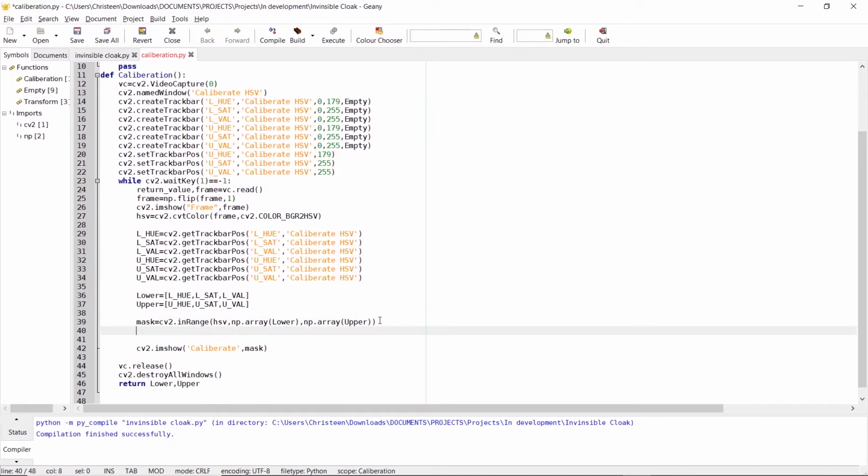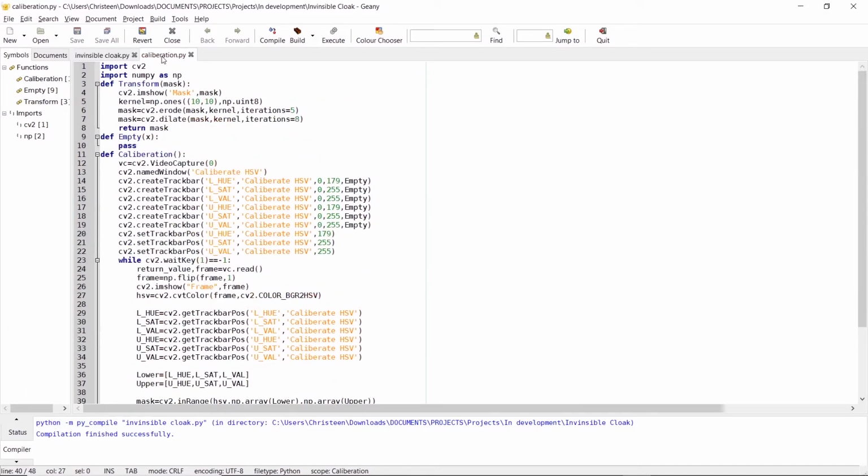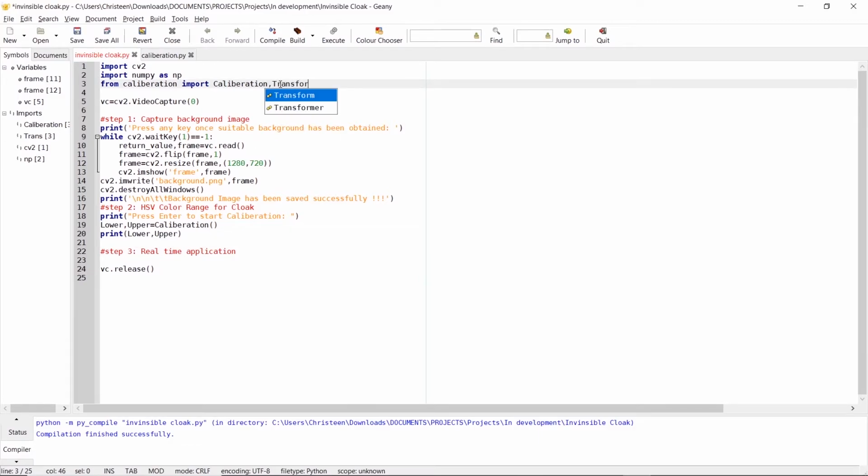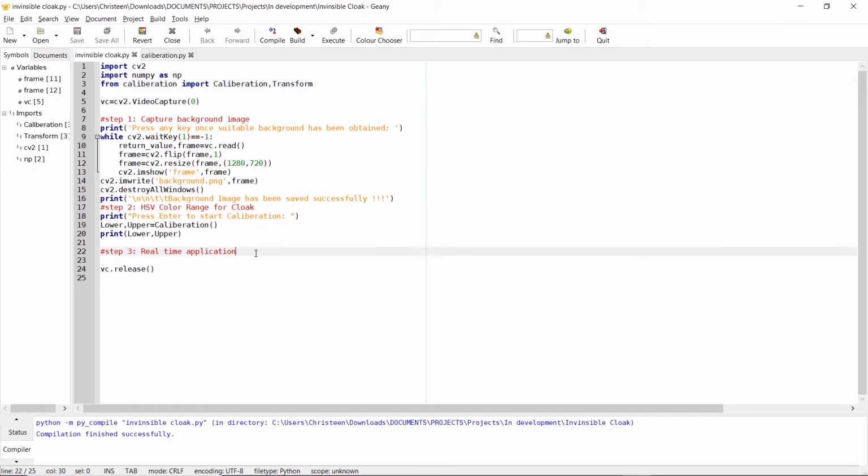Here we need to add another line, mask equal to transform of mask. Let's save the file, and in our invincible_cloak.py we need to import the function transform as well, and we'll be using that in our third stage. So now in the third stage we'll be working with a real-time application,